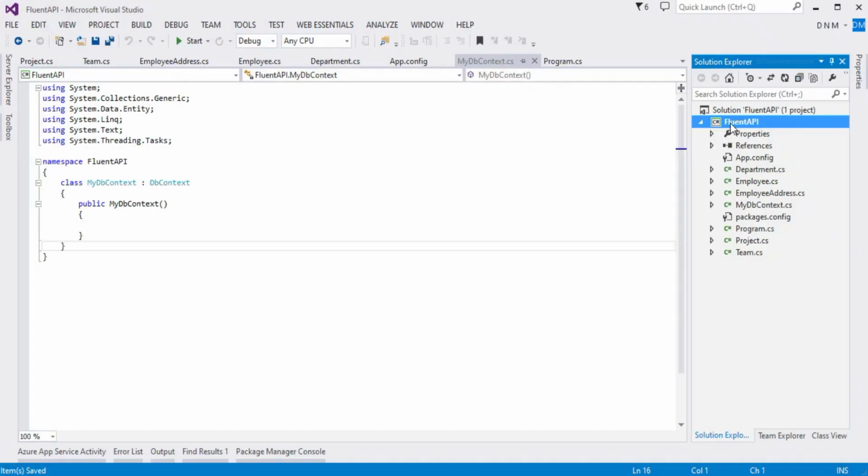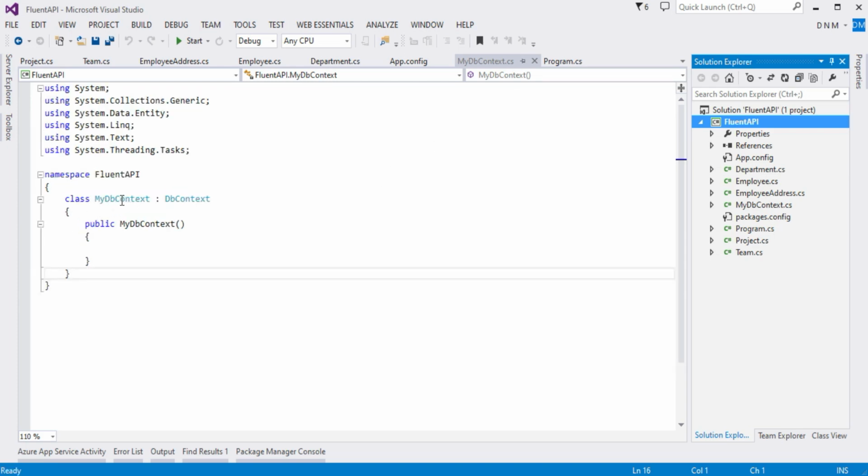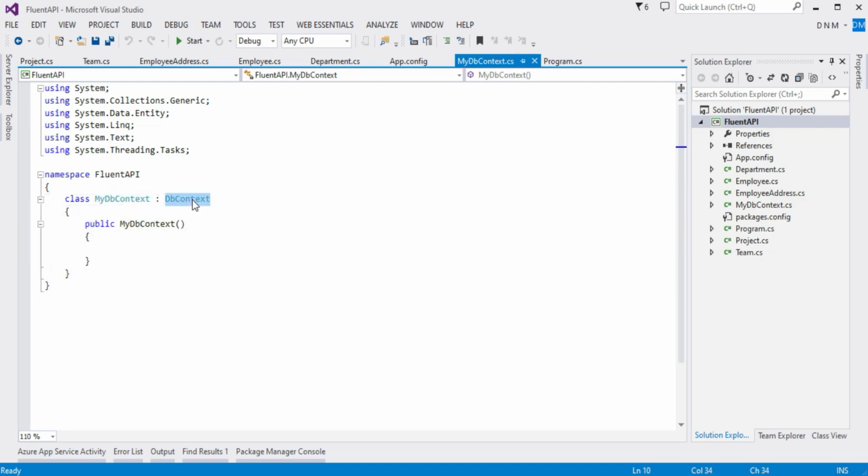As you can see here, I have created one console application named Fluent API. All the required entities that I explained in the case study in the PowerPoint slide are created. The most important is the DbContext class, which I have created, inherited from DbContext, and for that we need this namespace. Make sure that you have installed Entity Framework in your application. I already explained how to install Entity Framework in the environment setup video, so if you are not aware of that part, please watch that video.